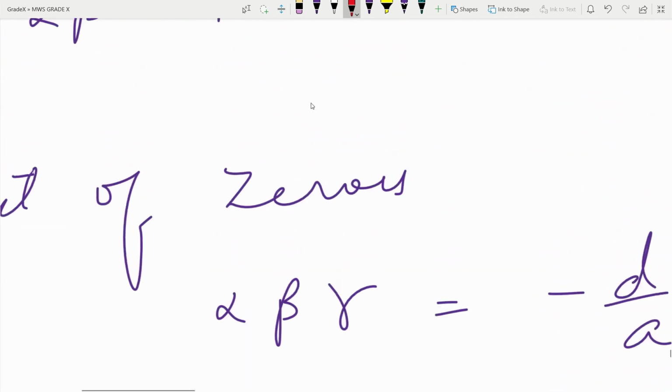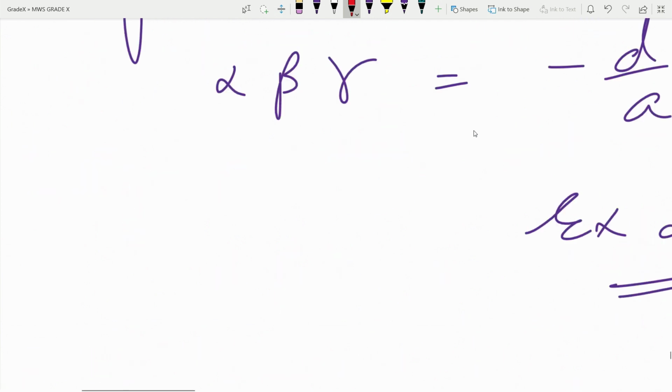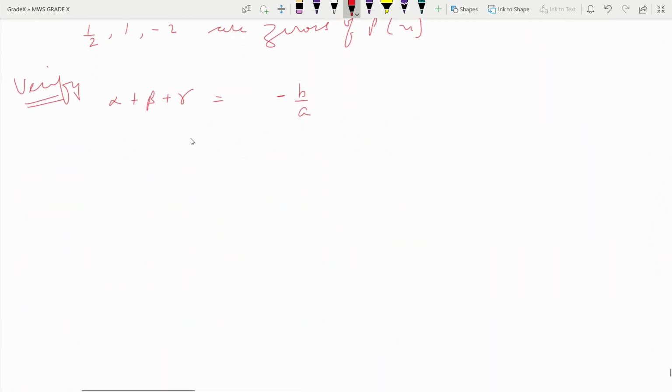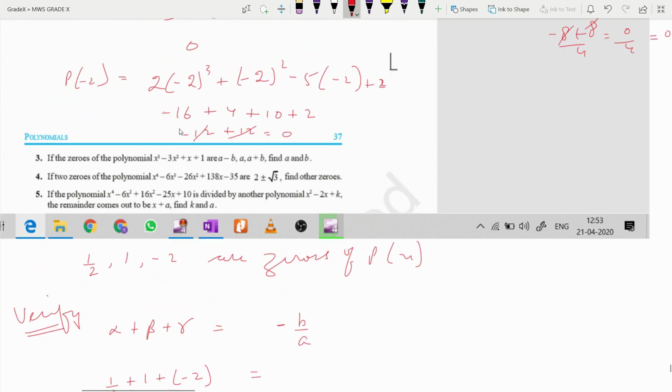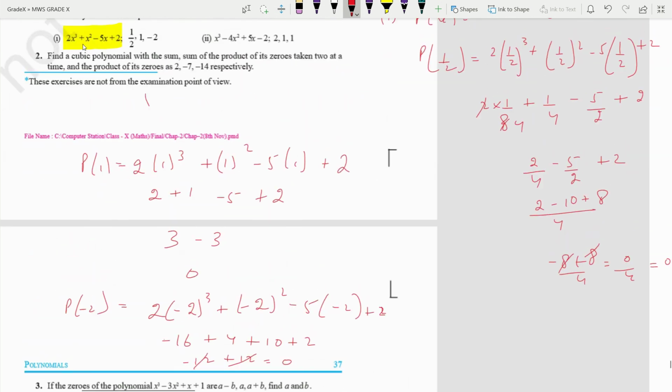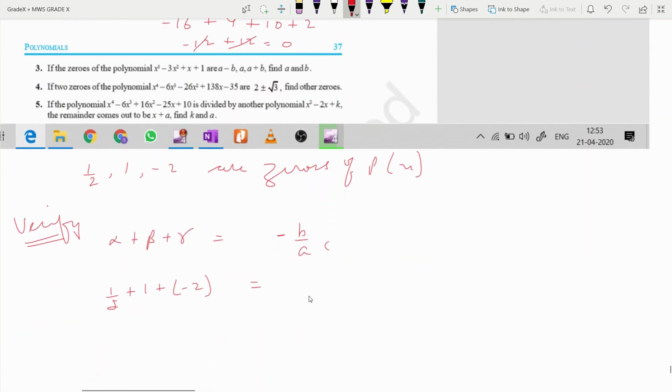Okay, before starting I have told you the sum of zeros is equal to minus b upon a. Now look here, sum of zeros is minus b upon a. You can do the sum this way also. This is that other way which the student was asking. Here, minus b upon a, let us take the value from here. What is b here? B is 1.